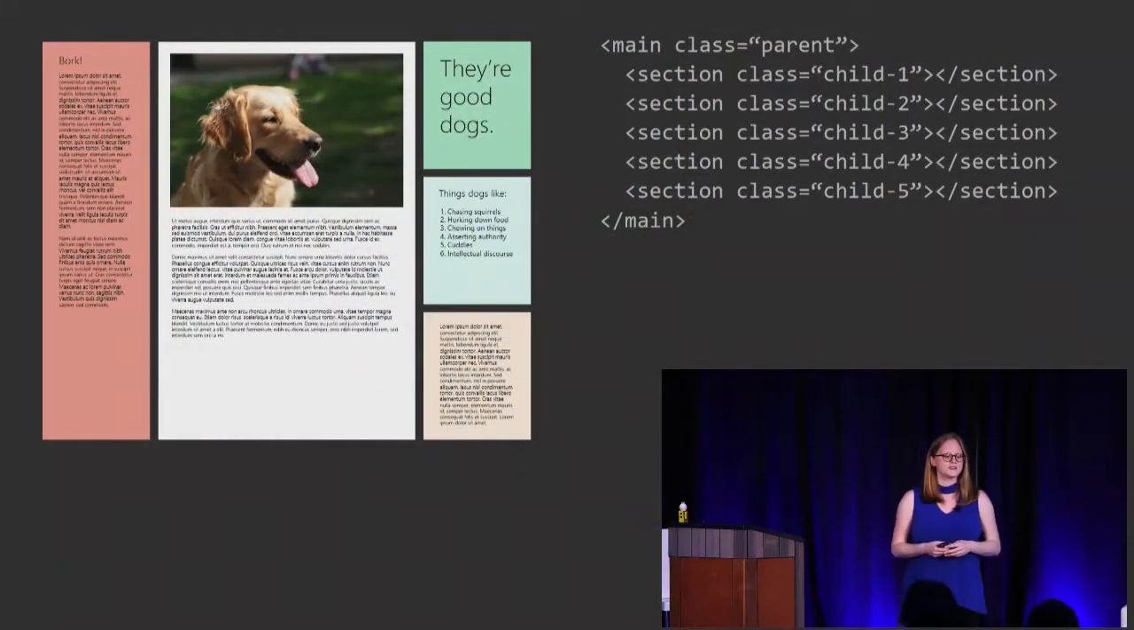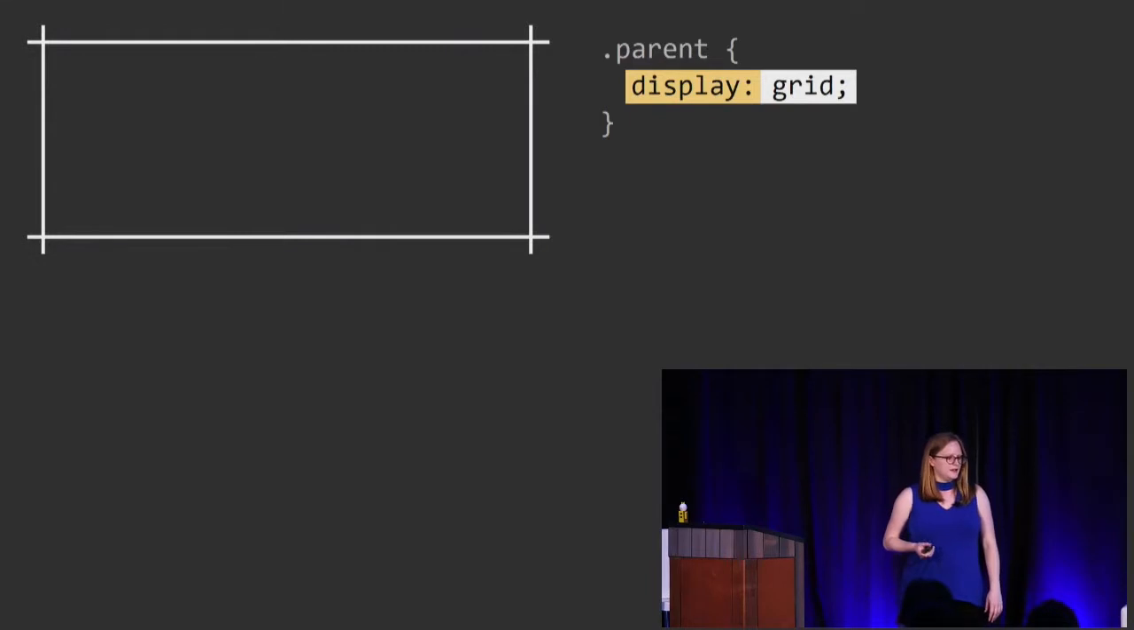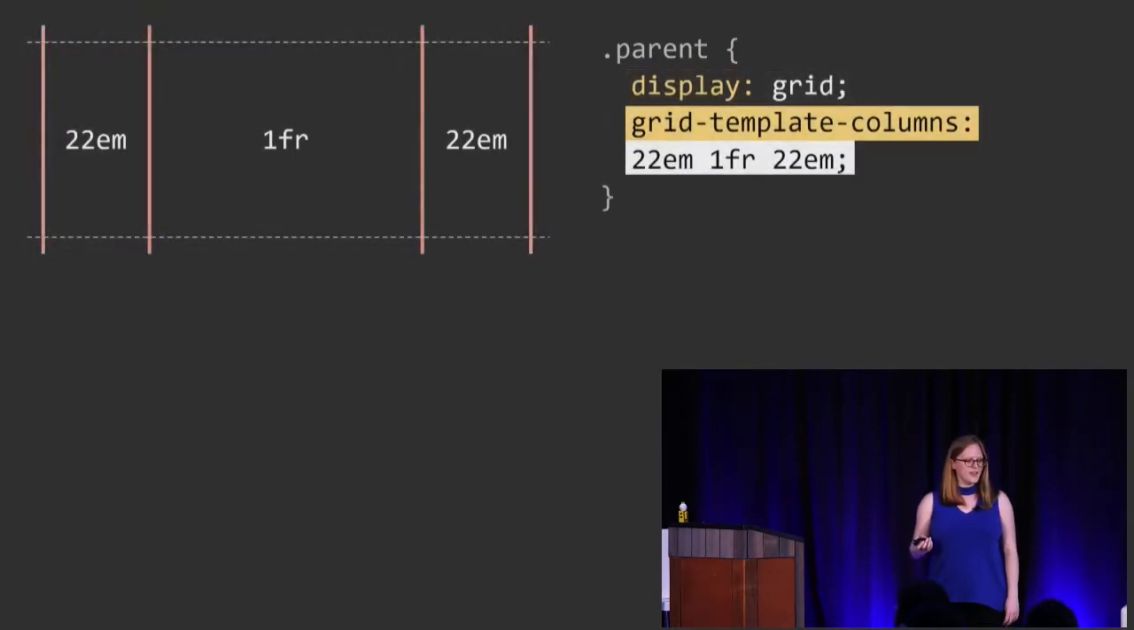So our markup for this is going to be very simple, actually, just a parent and some child items. There are no wrappers involved here, nothing like that. First we establish our grid formatting context, as I mentioned, on the parent, so display grid. And then we create columns. How we do this is we set our grid-template-columns property, and we're setting this to 22em, 1fr,